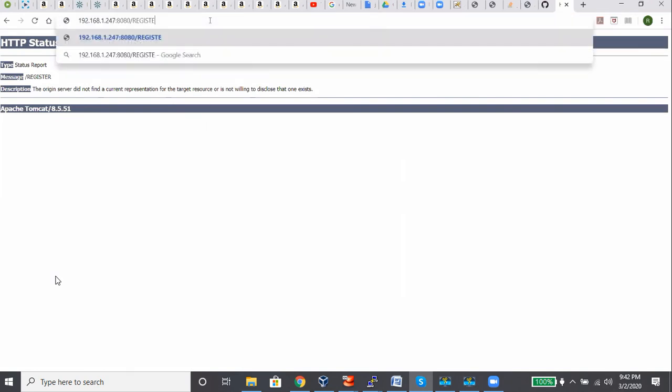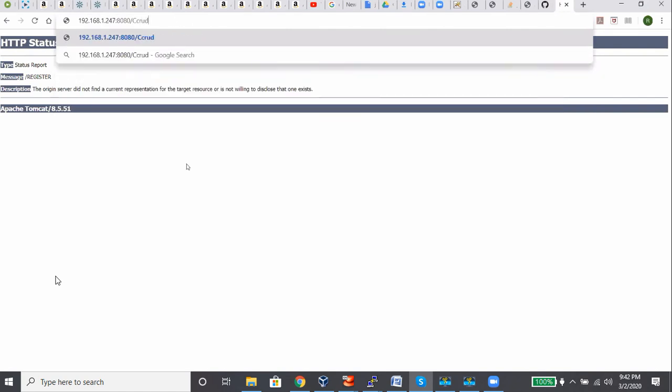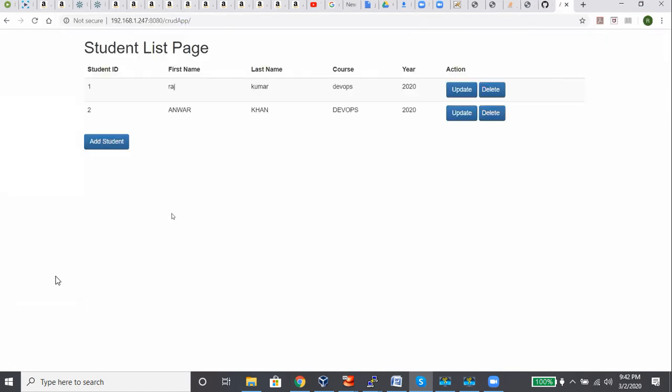Now let's say you have one more application. Based on those applications, you will list them out here, and depending on that application, you can see the details. And within the details, whenever you try to save, it will go and save in the MySQL database. Is it clear?